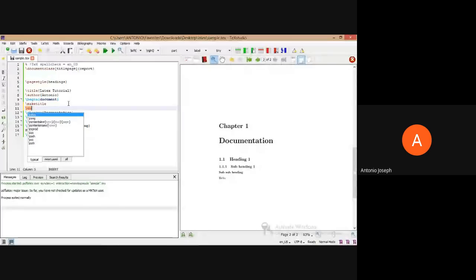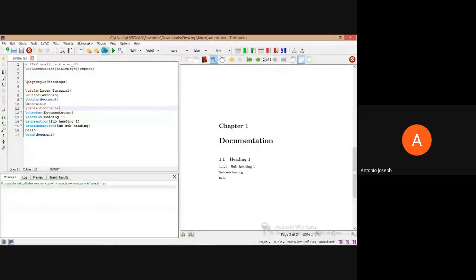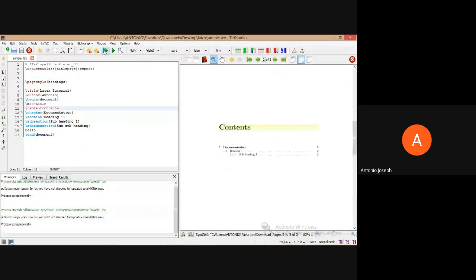Yeah, it's called table of contents. Yeah, table of contents. See, now the contents is also being created. The chapter name, first chapter called documentation, then 1.1 heading 1, then 1.1.1 subheading, and all the page numbers are